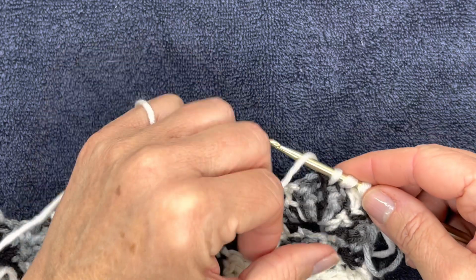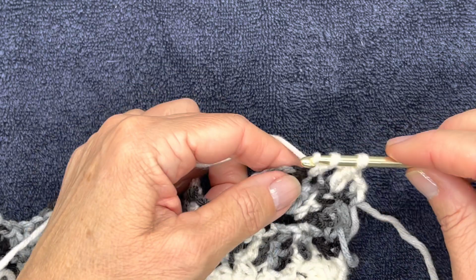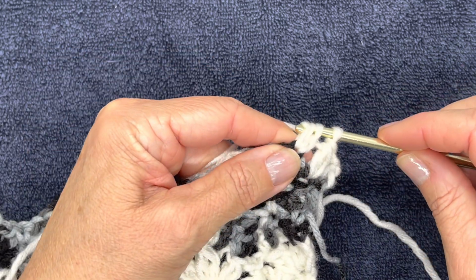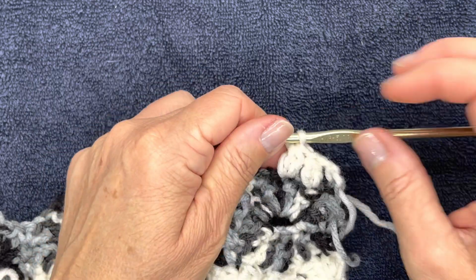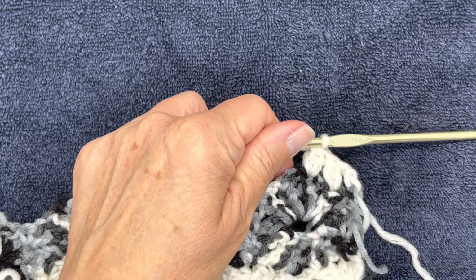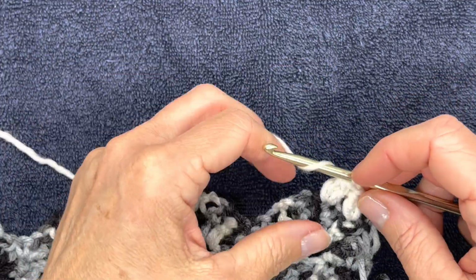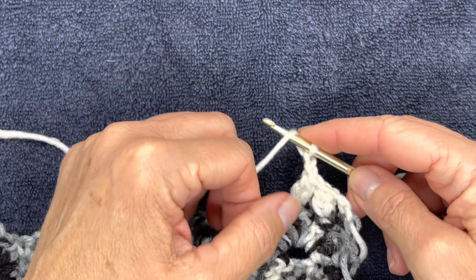1, 2, 3, 4, and 5. So there are my first 2 petals. Now I'm going to chain 3, which I call a bridge. 1, 2, 3,